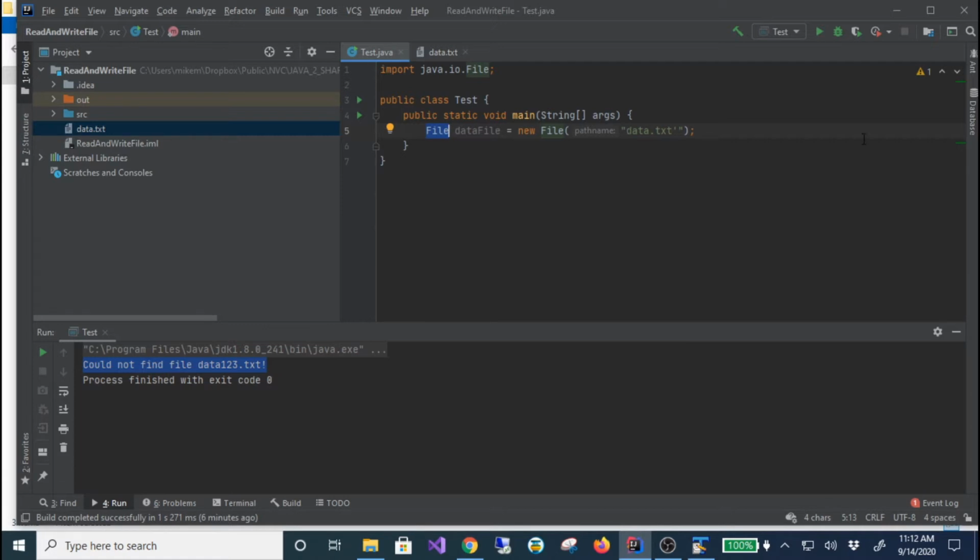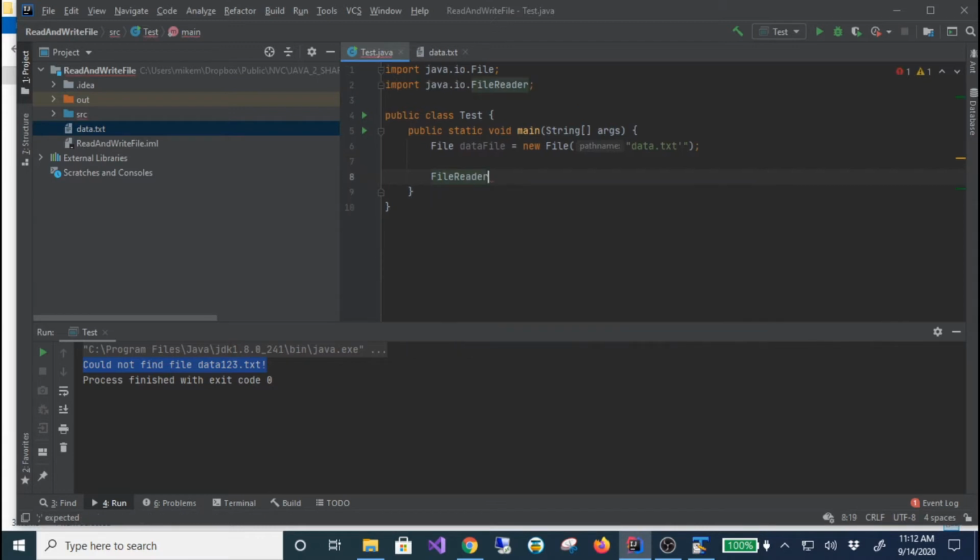Now in Java we have this class called the file reader, which is essentially a way to read a file, but we're actually reading it in bytes. Okay, which is probably something we don't want to do if we're just trying to read plain text out of a file. So you have the file reader that we need to use. So I'm going to go ahead and create this object. So new file reader, and I'm going to go ahead and pass the data